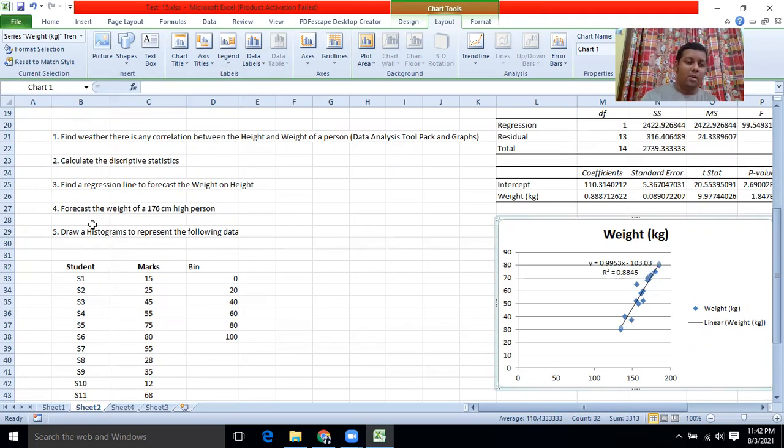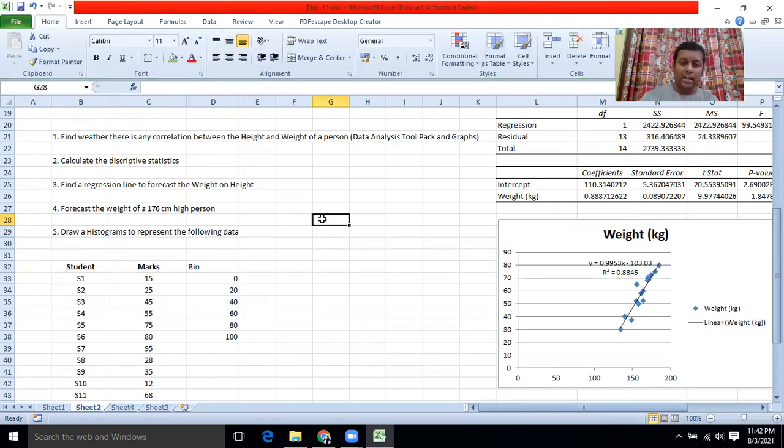Then forecast the weight of a 176 cm tall person. So the height is 176. If a person's height is 176, what will be his weight? So what we have to do, y means weight. So weight equals